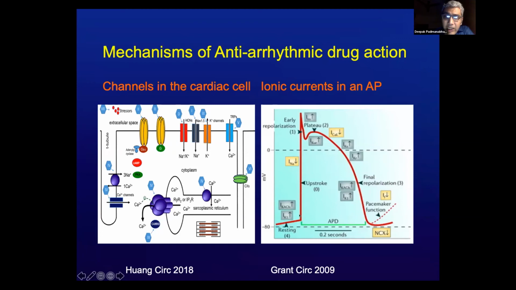Remember, the action potential within a normal ventricular cell consists of an initial resting phase or phase 4, then phase 0 modulated by sodium channels, then an initial dip or phase 1 modulated by ITO, which is essentially potassium channels, then a plateau where calcium channels mediate the plateau, followed by potassium channels to complete the repolarization. Now, these are various channels that are seen on the cardiac membrane. In addition to all these channels, critical channels that are present on the sarcoplasmic reticulum, mainly the calcium channels, are also targets for a lot of our antiarrhythmic drugs.